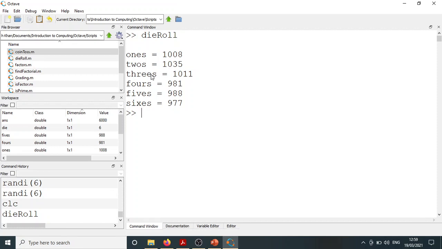1035 मरतबा। थ्रिक्की आई जी 1011 मरतबा। चौके 981, पंजे 988। इवन यहाँ पे भी जो है ना, जिस तरह लूडो में छक्के कम आते हैं, तो यहाँ पर भी छक्के 970 सबसे कम है। लेकिन दिस वाज जस्ट वन एक्सपेरिमेंट। यू कैन डू अनदर एक्सपेरिमेंट।